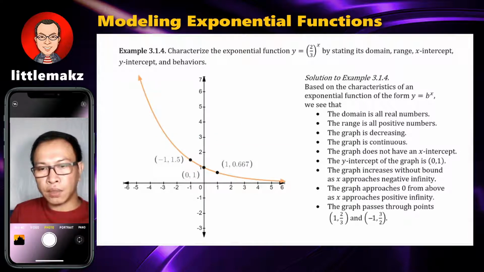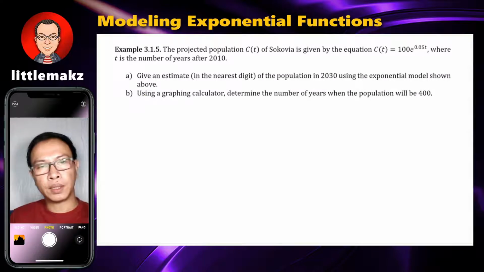The last property is, of course, the graph passes through these 2 points: your (1, b) and your (-1, 1/b). Okay? So, another problem here would be